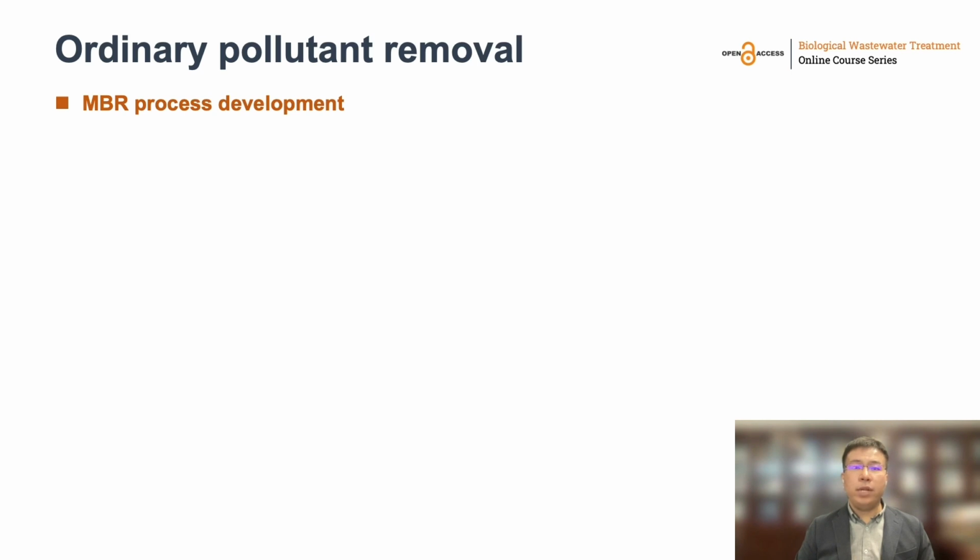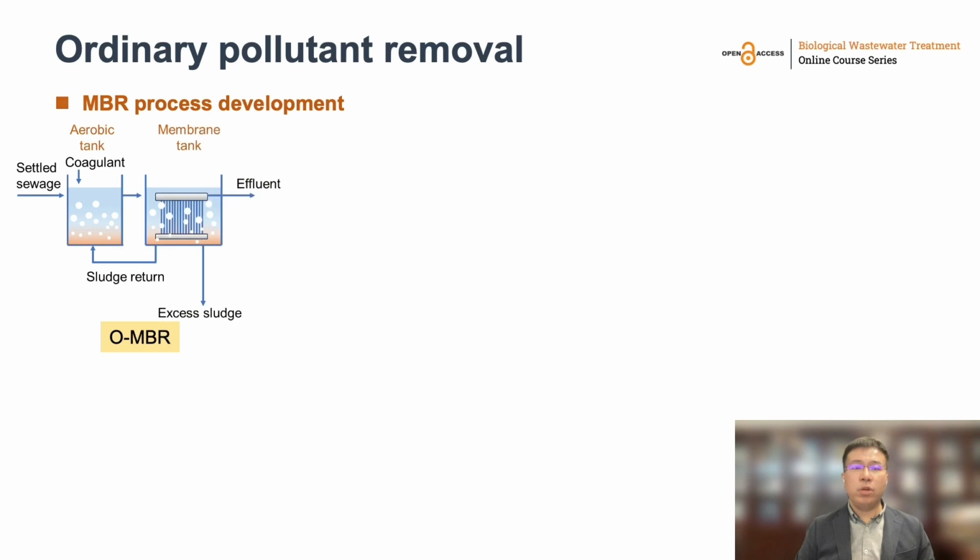There are many different configurations of the MBR process. The primary version of MBR is a simple combination of the aerobic unit and the membrane tank. It can be named as OMBR, and it can be used to effectively remove COD, BOD, ammonium nitrogen, and SS. The first wave of full-scale MBRs, which were established in the 1990s or 2000s, were mainly in the form of